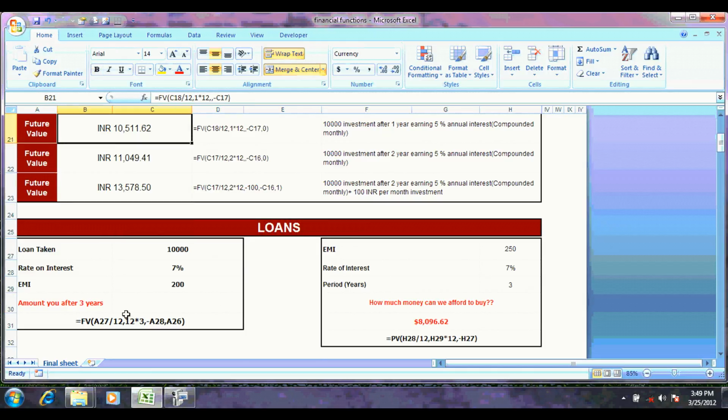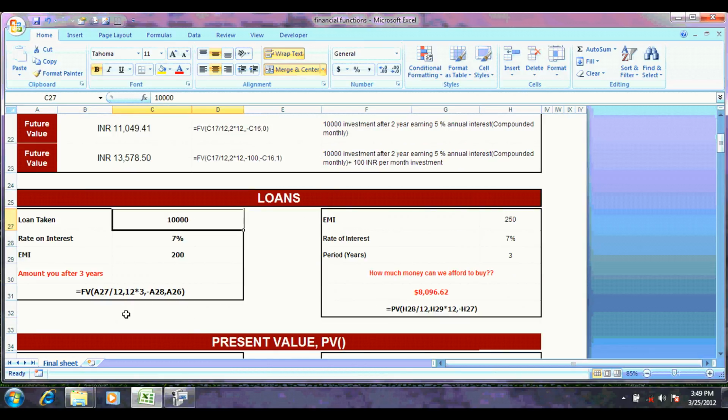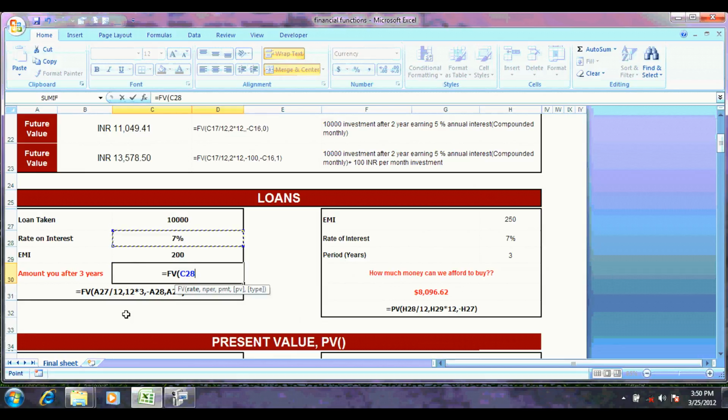In these cases, you had made an investment. But in this case you have taken a loan. That means you are supposed to pay back to the person from whom you have taken the loan. So the amount you owe after 3 years is equal to future value, rate is 7% assuming it's compounded monthly, comma, your period is 12 into 3, okay,